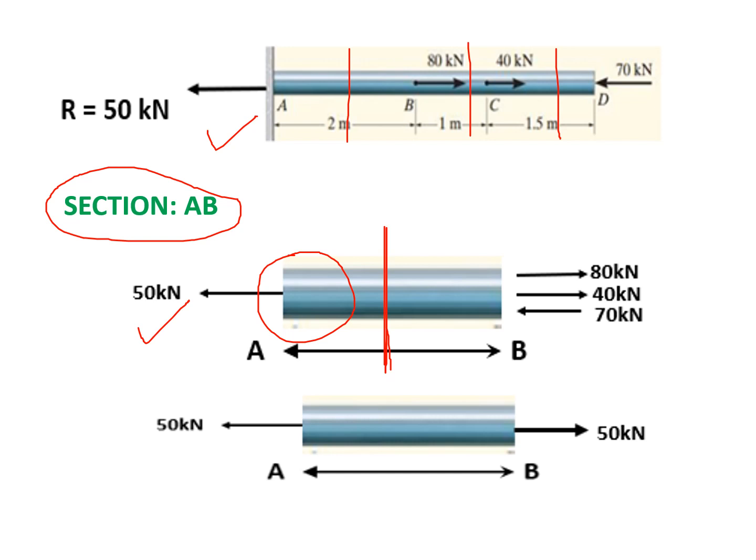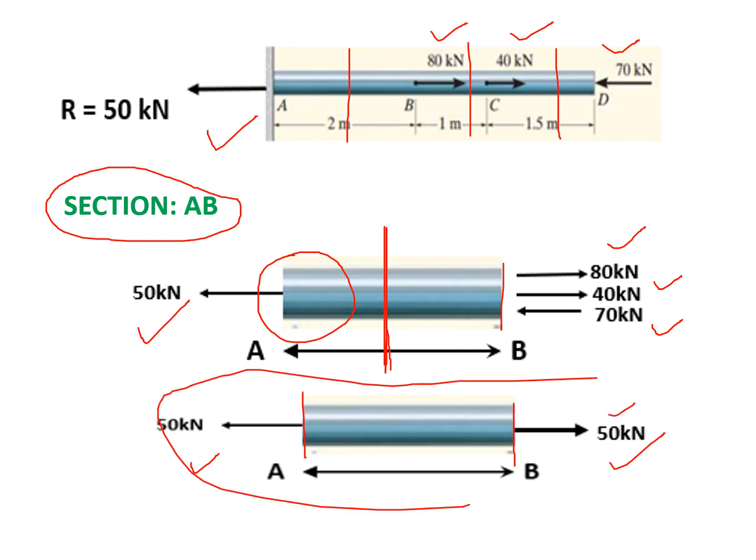Now you see the right face of that section. On the right face we have three forces, 80, 40 and 70. Now you see the directions also: 80 kilonewton rightward, 40 kilonewton rightward and 70 kilonewton leftward. So what is the net force on this particular face? That is 50 kilonewton rightward. Already on its left face the force is 50 kilonewton leftward, and on its right face the force is 50 kilonewton rightward. So you see, this section is also under equilibrium,